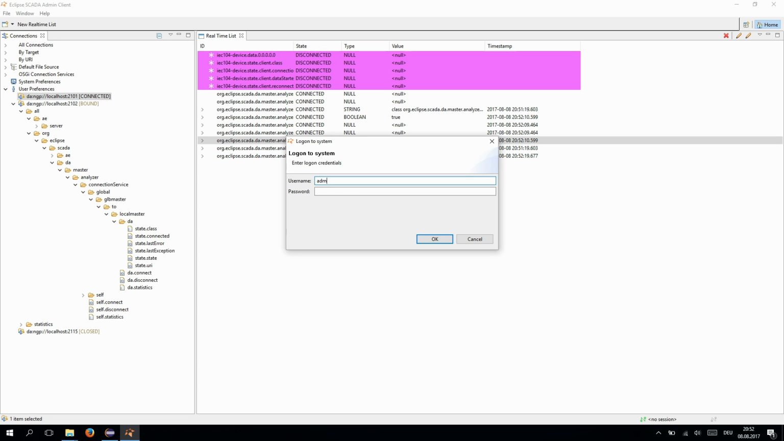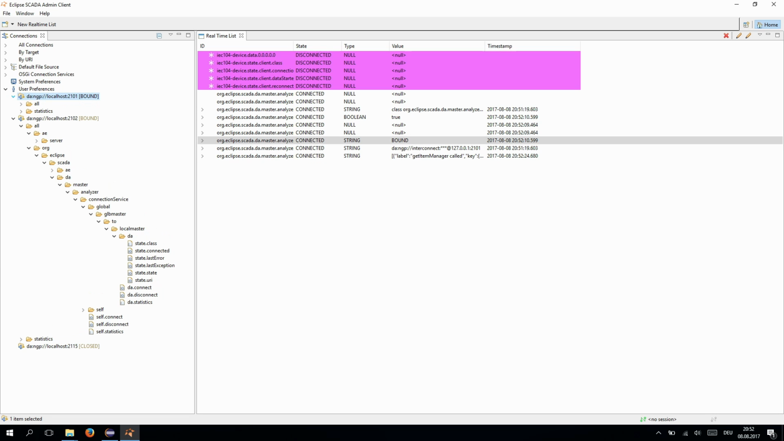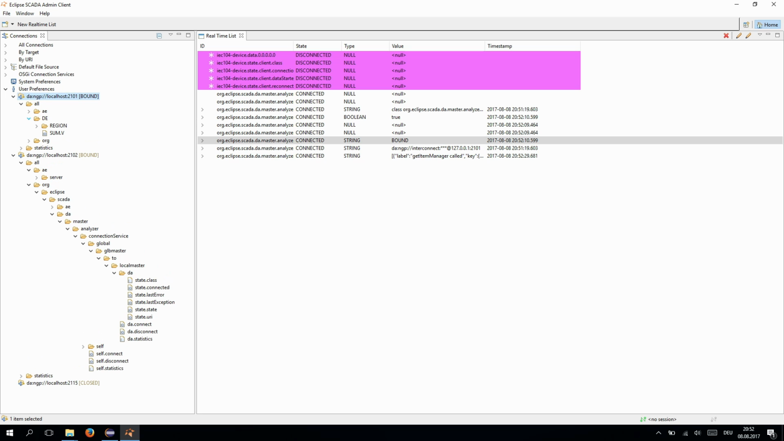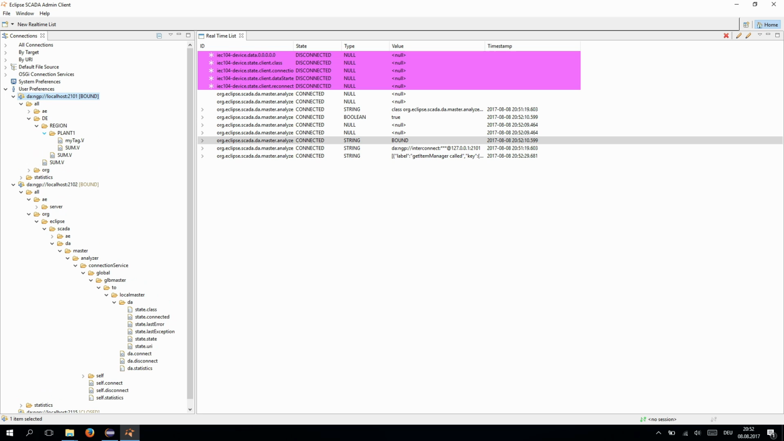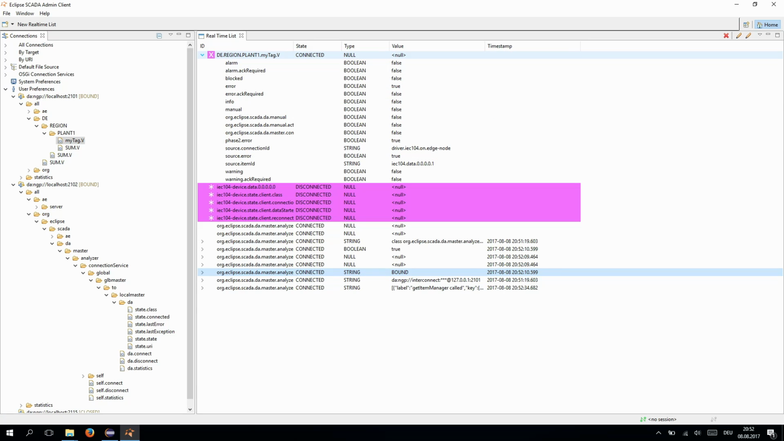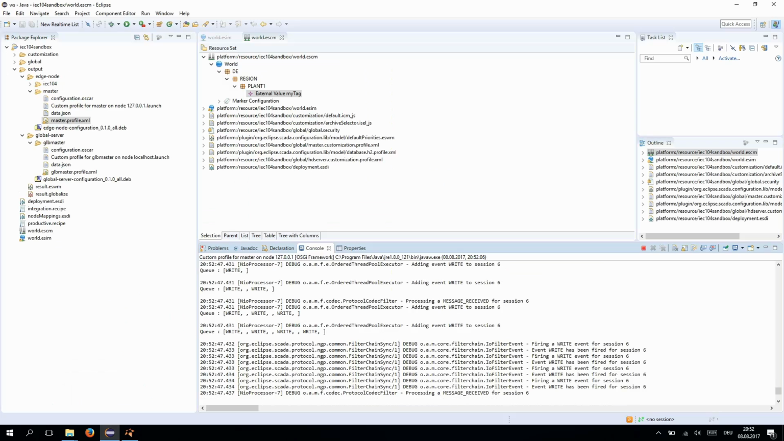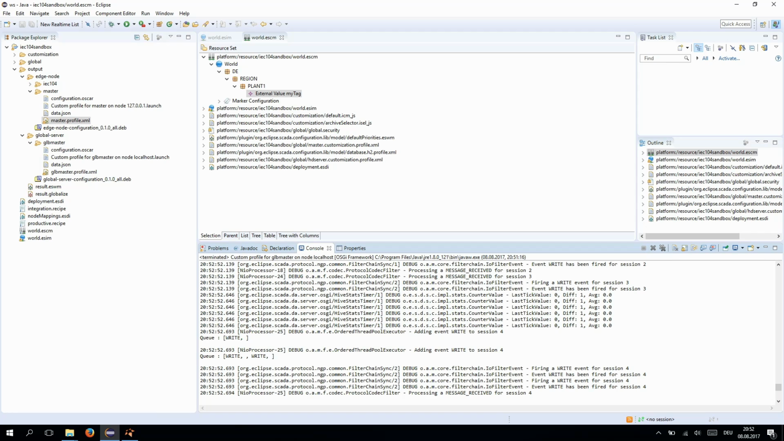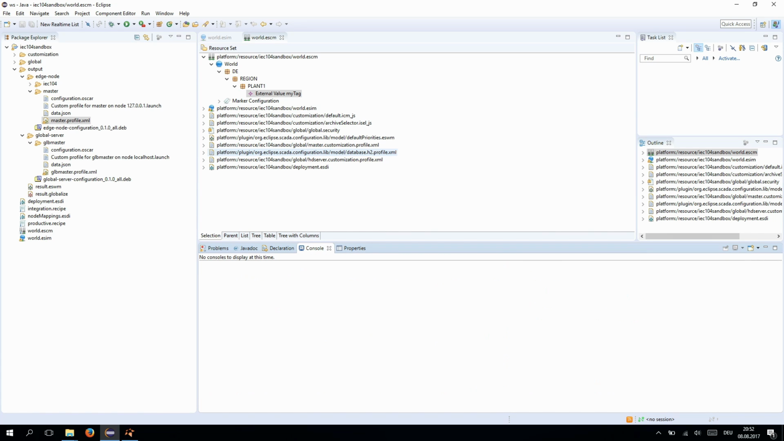So we added also the connection for the local master, which we can connect to, of course, because we just started the server. And there we have my tag. It doesn't have a value right now because we have not started the IEC driver, and it's still missing on the global